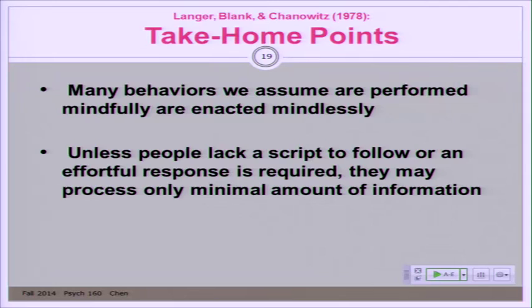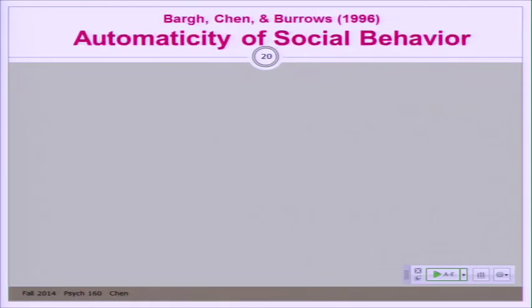This study should be reminding you a lot of the Bargh et al. studies published in 1996. Let's be honest here, how many of you have read this article already? Honestly. Cool, 10% of you. Okay, this is good review for the exam. You need to read this article, obviously, but I'm going to go maybe 2% slower since it sounds like most of you haven't read it.